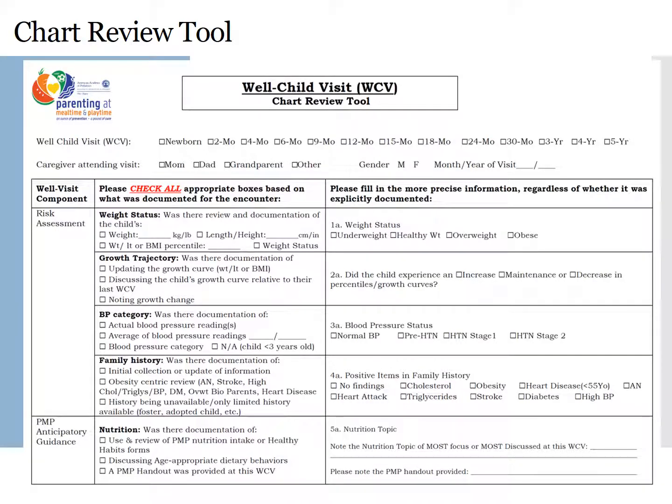If you did not have a component, you can leave that blank. There is a not documented or nothing documented option within the actual chart review entry. On the right-hand side of the tool, there is some specific information to also include. These items may not be explicitly documented, but you can figure out this information and it'll provide a more global picture and help you think upon some things as you work to evaluate obesity risk assessment and the anticipatory guidance